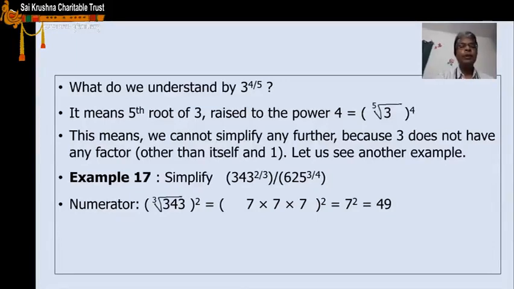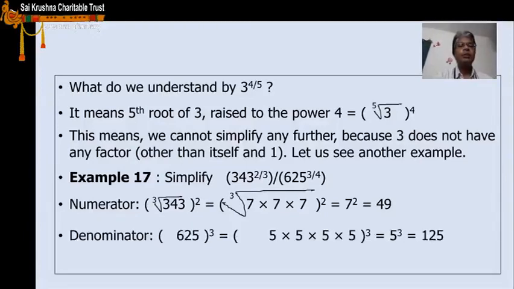Now I am taking the factors of 343. The factors of 343 are 7 into 7 into 7. Three 7s are 343. I am maintaining the cube root, whole power square. Now what we have to do? We saw earlier, two pages before, that for the cube root you take 1 out of 3. There are three 7s, so I am taking one 7. Three 7s under a cube root give 1 seven. Whole square is 49.